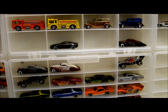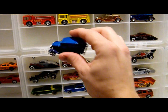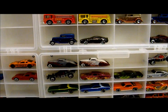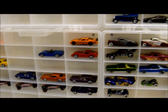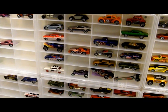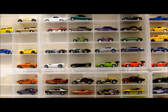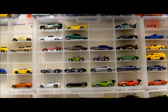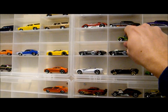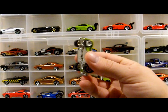But at that time, they still had at least a few cars in the lineup that had this all metal bottom with the metal top, and they were nice heavy little additions to the lineup. Pretty much not found in 2009. This was the end of an era for Hot Wheels, as all vehicles were released now with plastic bottoms and/or plastic tops, metal bottoms. The only exception would be vehicles that were so small that the cost of die-cast is not an issue, such as the